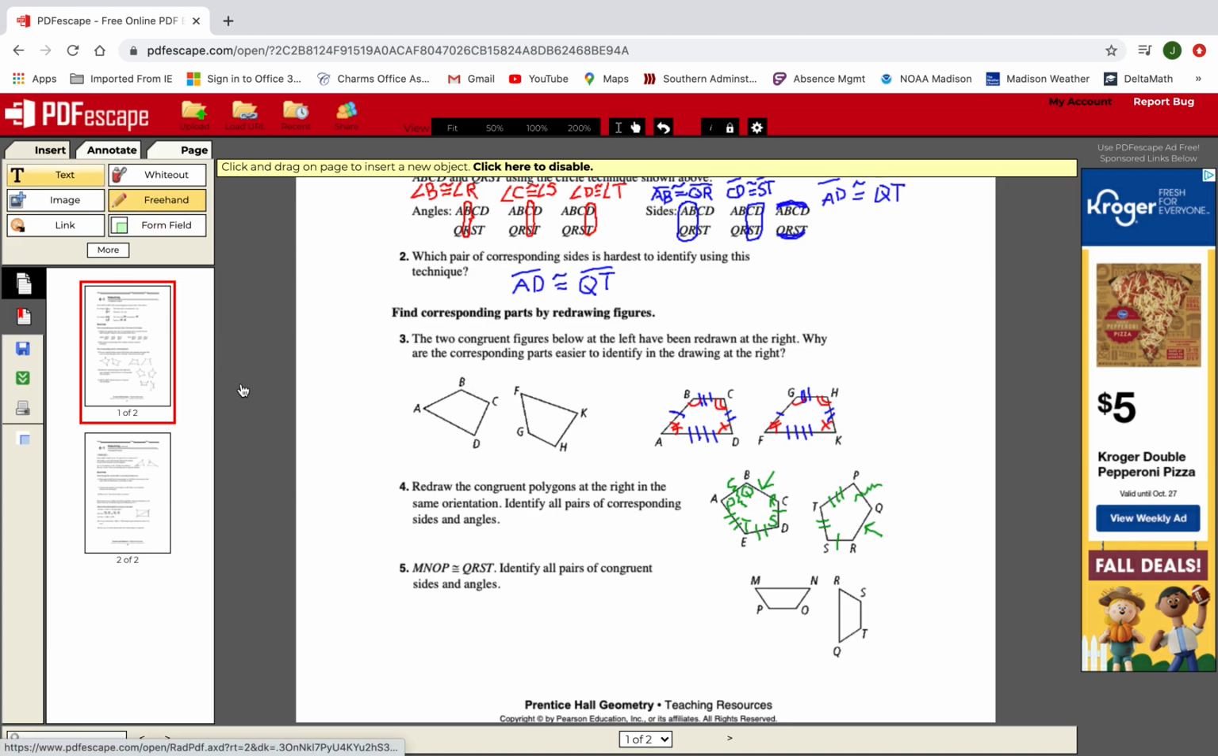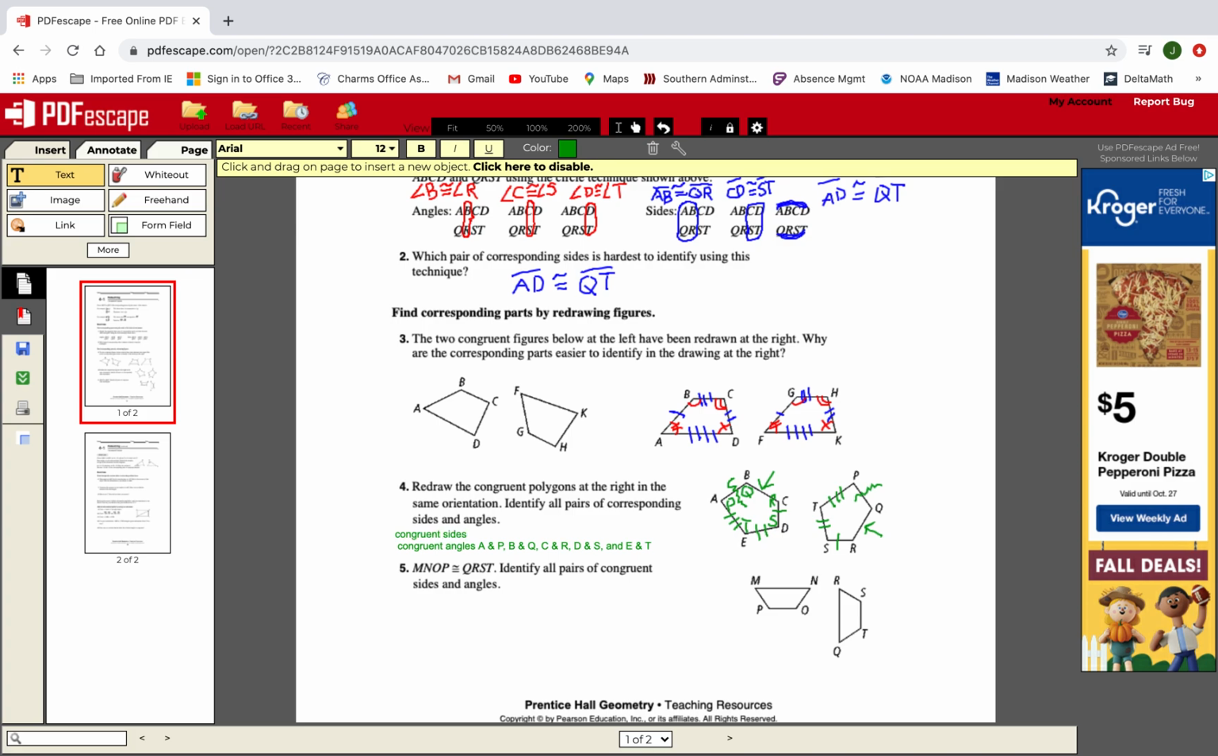And I can actually do that in text, but they won't have the little lines over them. So I can say congruent angles: A and P, B and Q, C and R, D and S, and E and T. And then about our congruent sides,